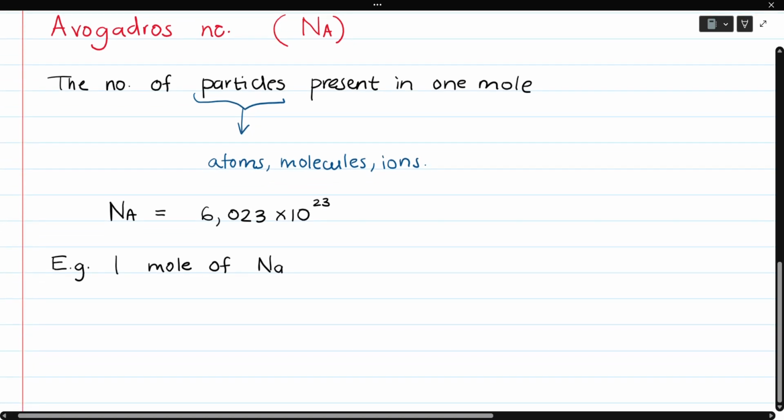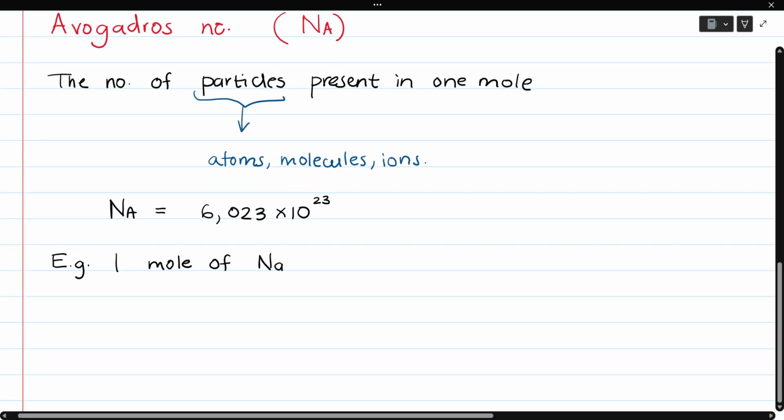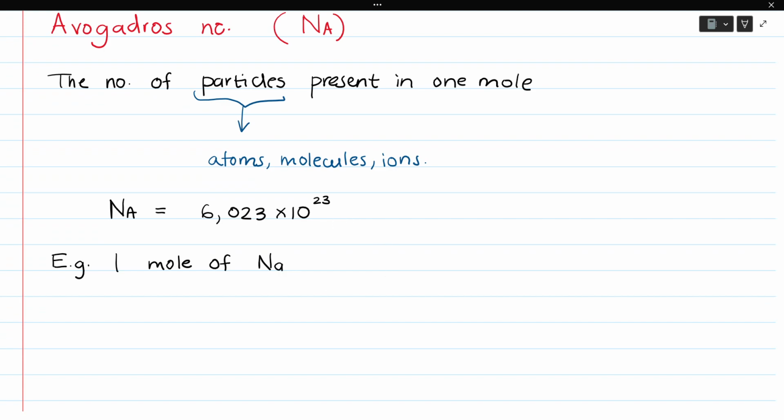If we were to look at this 1 mole of sodium and we wanted to express it in terms of Avogadro's number, what we would do is we would say 1 times